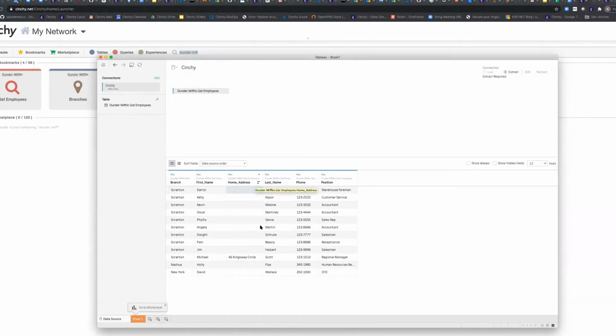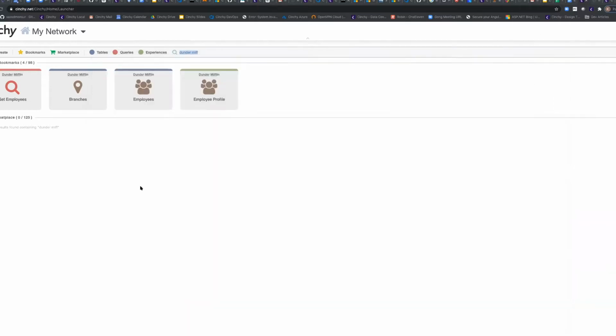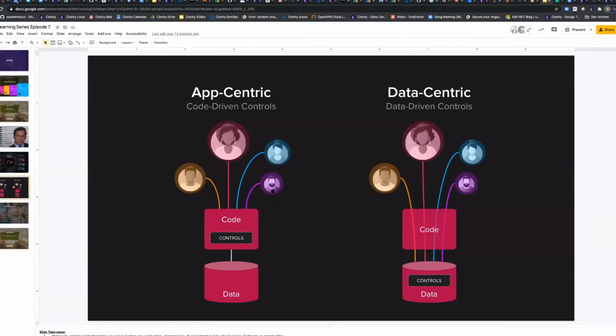because everything is always under the guise of that user, right? So Cinchy, the data fabric, at all times knows who the user is, and it is releasing information based upon who that authenticated user is. And that is the key difference. So coming back to this point here about, in this situation, the controls don't live with the data, and the data layer has no idea who the users are. That's what changes with this universal controls-based implementation, where now the controls are down here and it always knows who that user is.